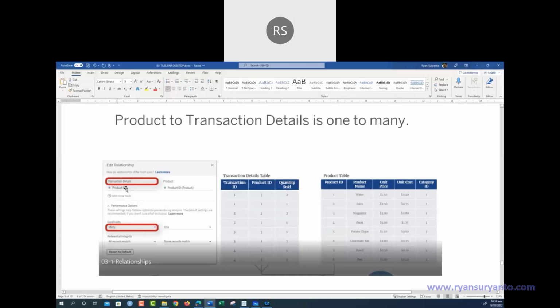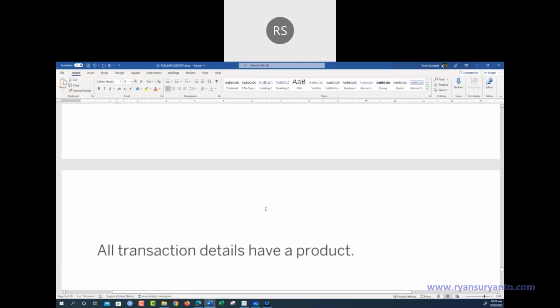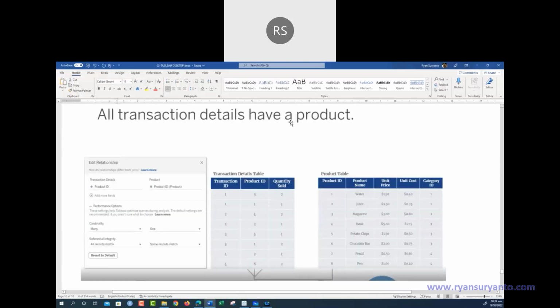So transaction detail, many to one. Transaction detail to product, many to one. Okay, yeah. Then the last one, all transaction details have the product. So between the transaction detail and product,